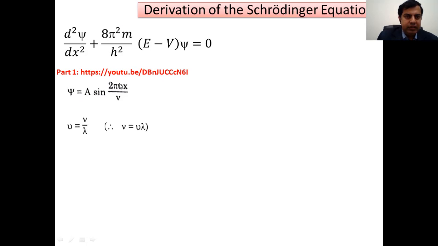So the first one is the frequency, and according to our earlier description, velocity will be equal to frequency multiplied by the wavelength, or you can say v will be equal to mu lambda, where mu is similar to c, the velocity of light, which is also equal to mu lambda. And if you get the value of mu from this equation, this equation will become like this. So frequency will be equal to velocity over lambda. So I am just replacing the velocity in this equation, and by putting the value of the velocity, this equation will become